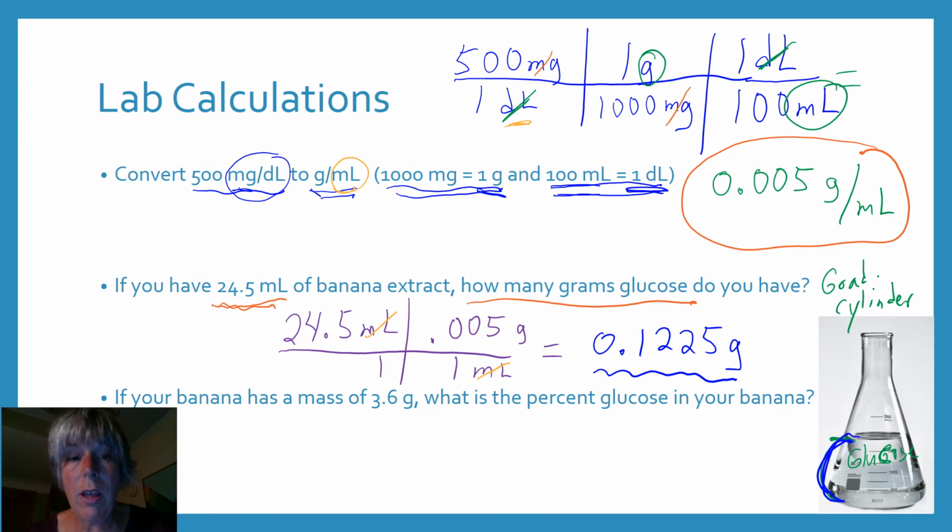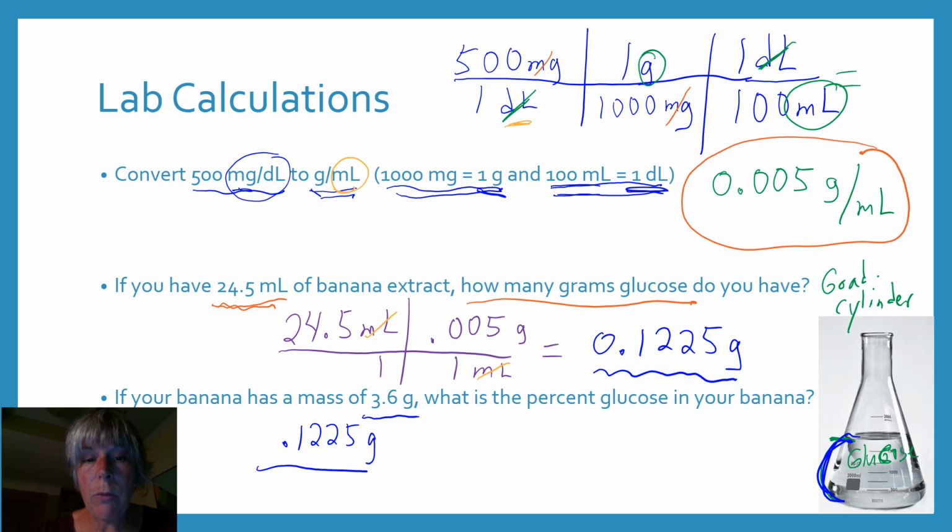banana chunk. My banana chunk, when I started, had a mass of 3.6 grams. So let's figure out the percent glucose then. It's an easy calculation. We do the part divided by the whole. So we've got 0.1225 grams of glucose, and it was in a total amount of banana that was 3.6 grams. Dividing those, I get